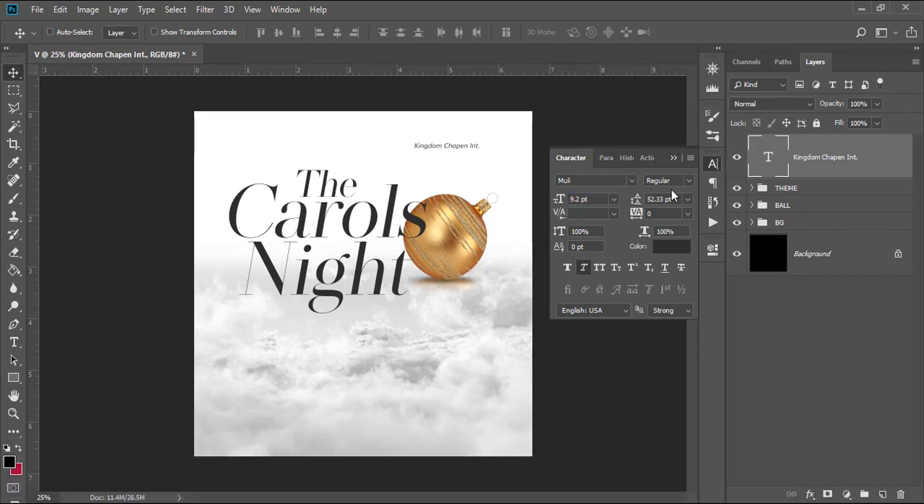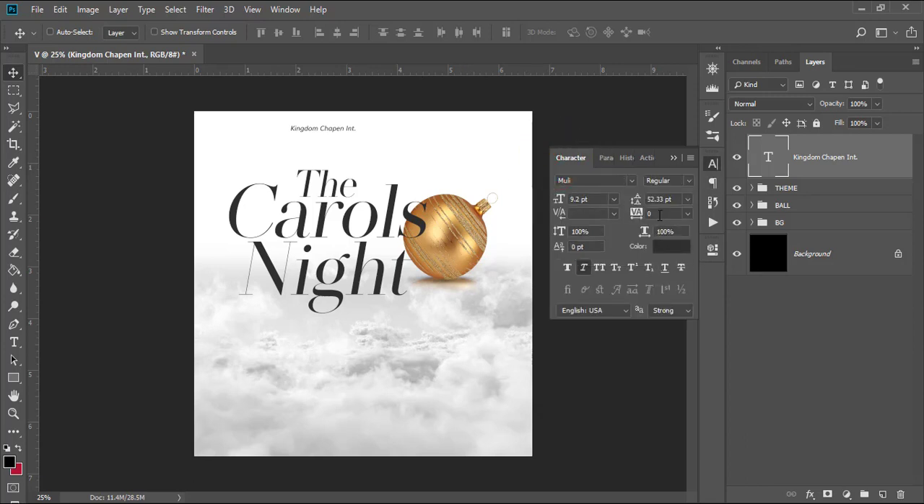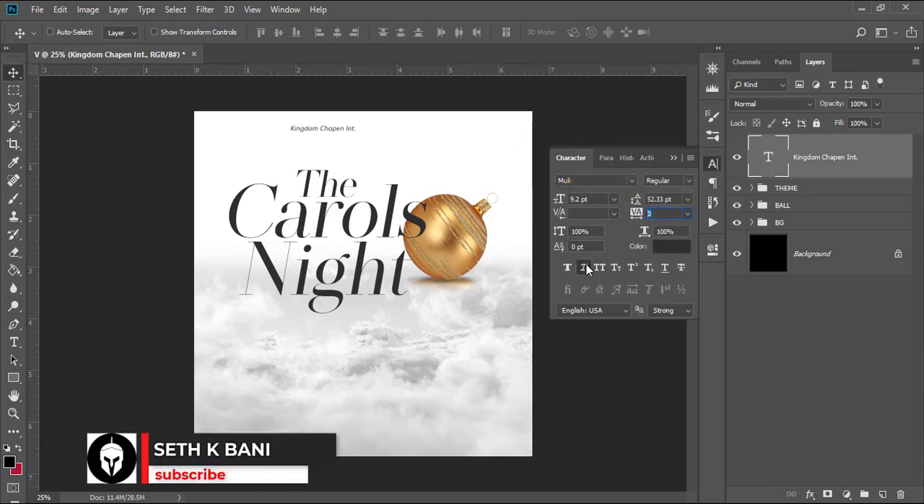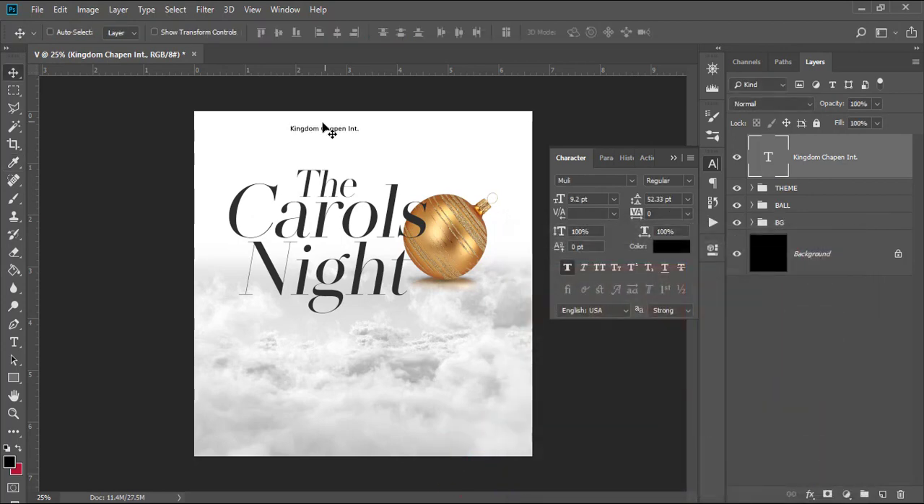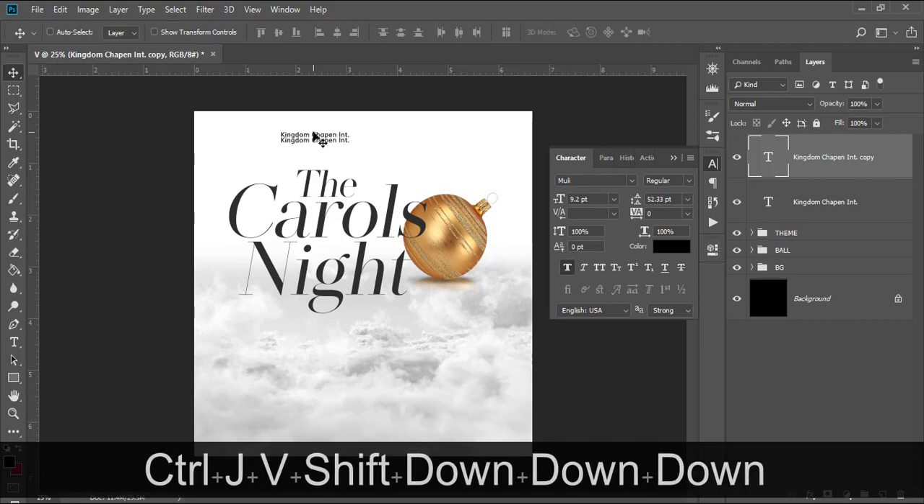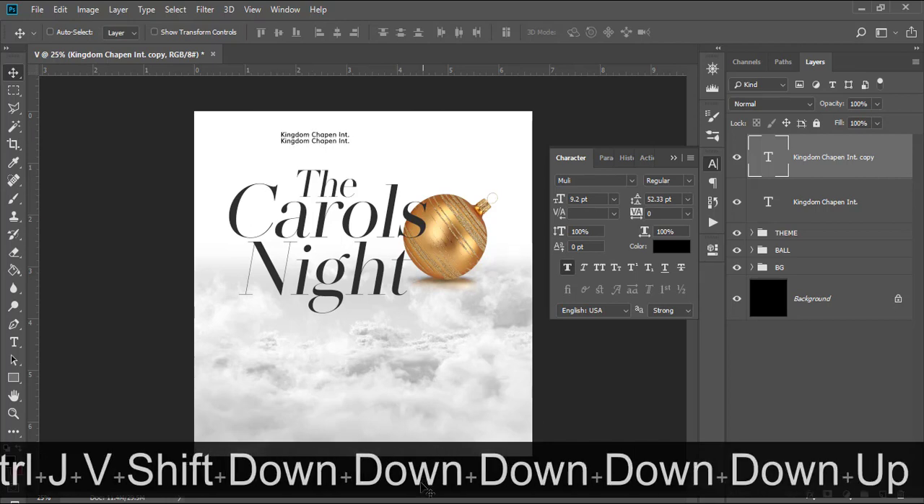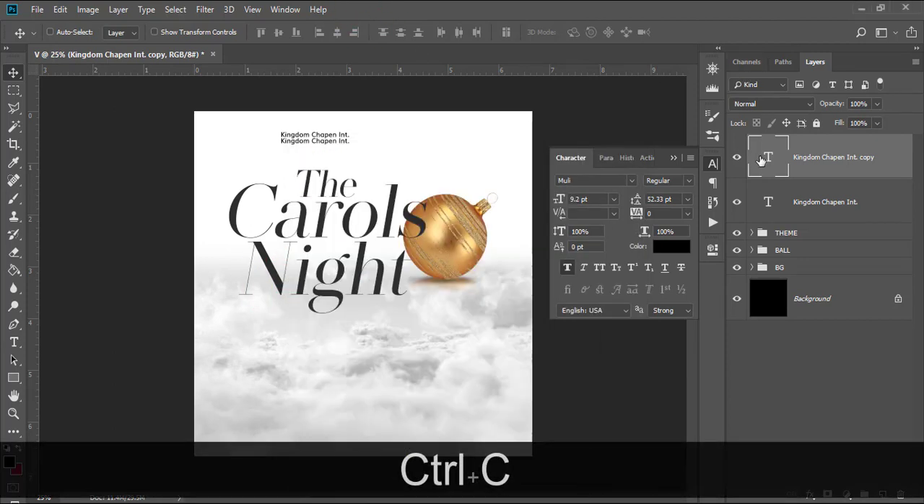Awesome. And then let's see, I'm going to make it like that, left aligned, and then I am going to set the tracking here to 0. I'm going to make it all bold like that. Make sure italics is off, and then over here set it to pure black. I want it to be pure black so that people can see it. Now duplicate it by clicking on Ctrl J to duplicate it, and then come here and choose Medina branch and